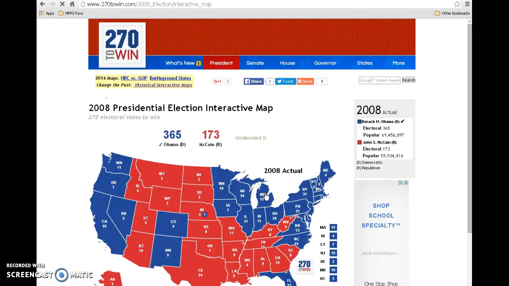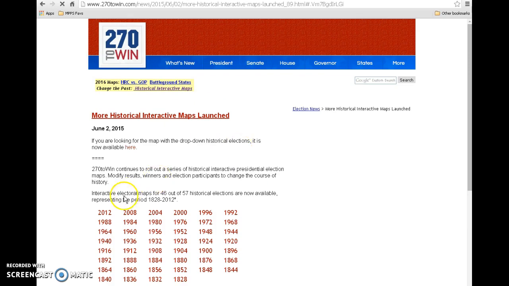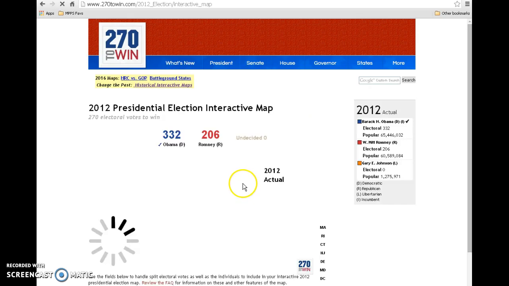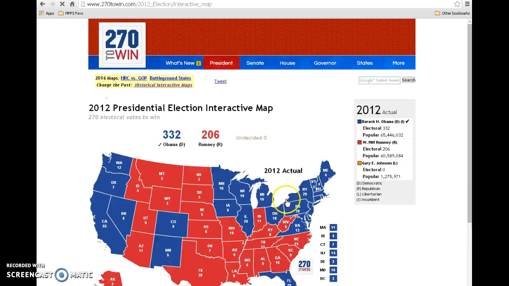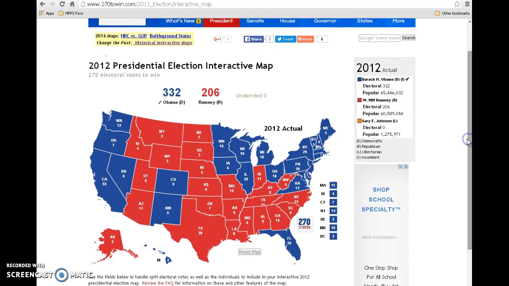Oops. Where'd you go? And if I go back, in 2008 we had 17. We have since had redistricting, and I believe 2012 was the first time we went down to 14 representatives, so we have 16 electoral college votes. Remember when we did the reapportioning of representation when we were studying the House of Representatives? That also has an impact on the power of each state to elect a candidate.